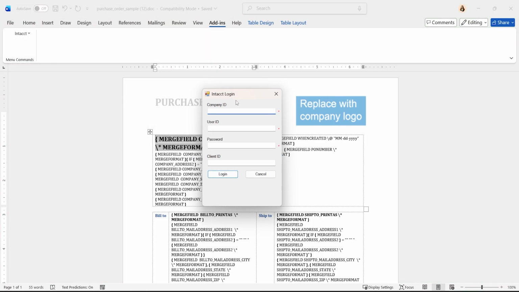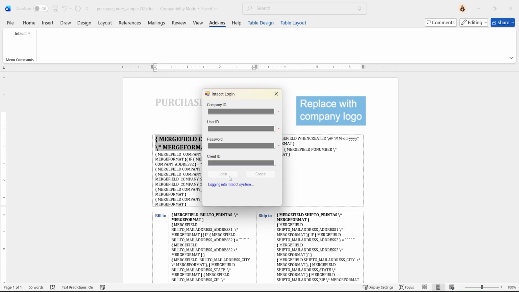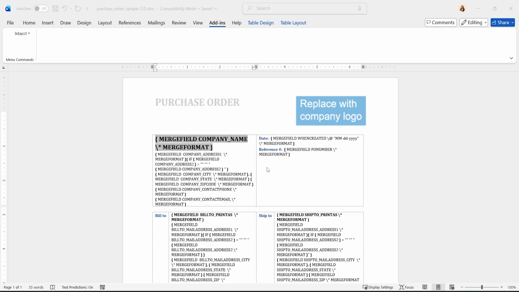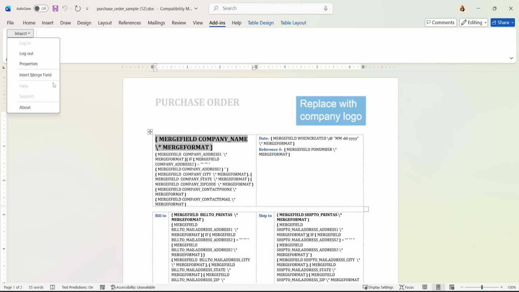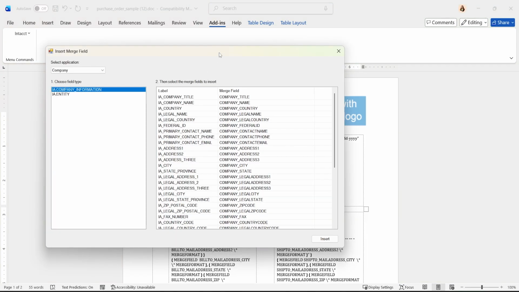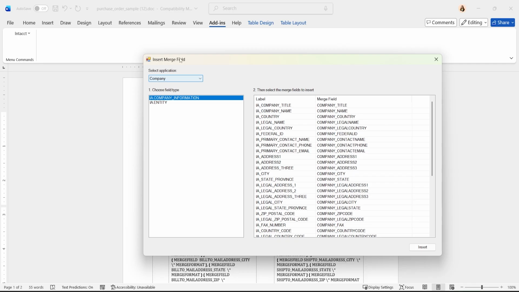Sometimes if you have multiple Word documents open and you log in, it might say you're logged in, but you're not able to access that merge library I showed you in the last video. When that happens, just log out of Word completely and relog back in. It might take a second for that window to pop up, and it usually pops up on another window. So here it is right here.